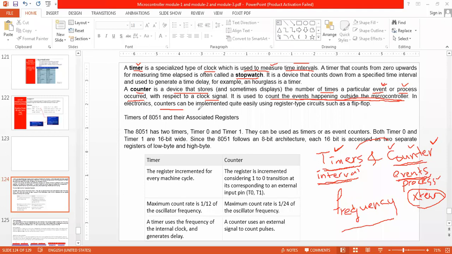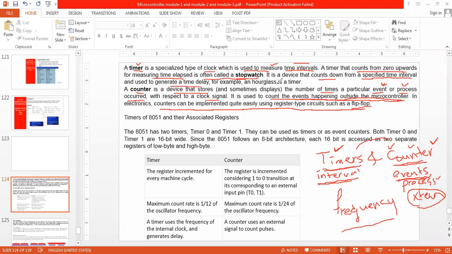In electronics, counters can be implemented quite easily using register type circuits such as flip-flops. This one we have designed. Counters we have designed in the DSD subject, correct? Timers are also basically used to count from 0 upwards for measuring time elapsed, often called a stopwatch, or it is a device which counts down from a specified time interval and is used to generate a time delay.